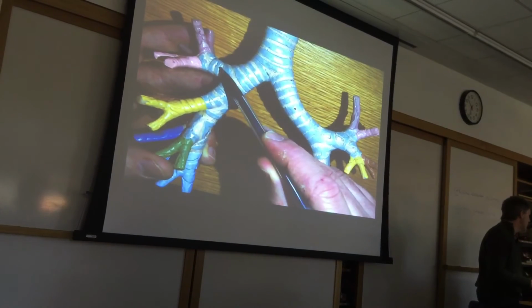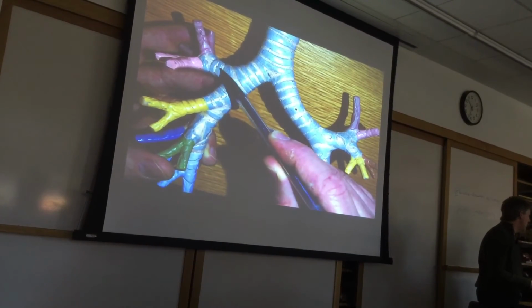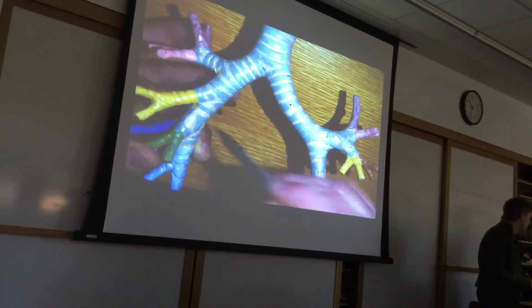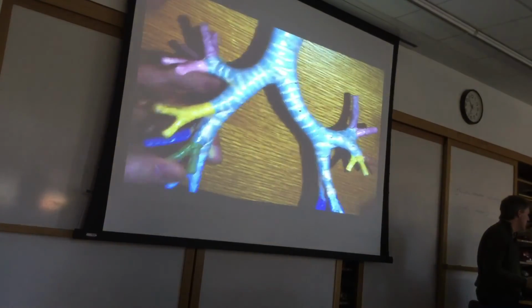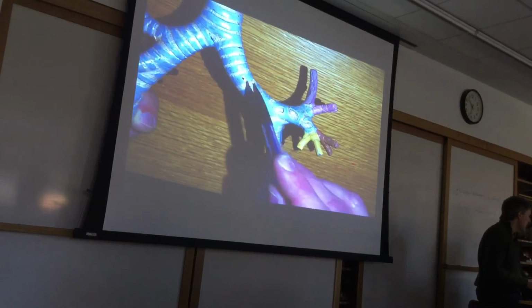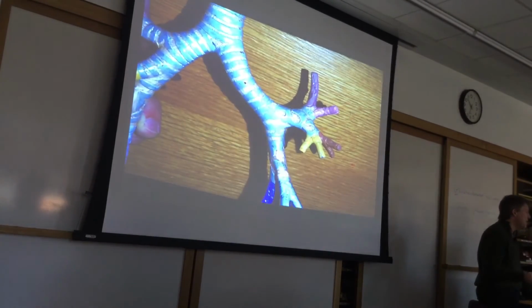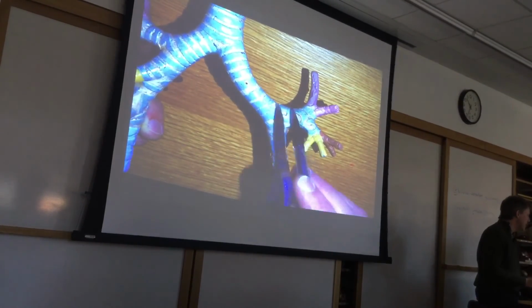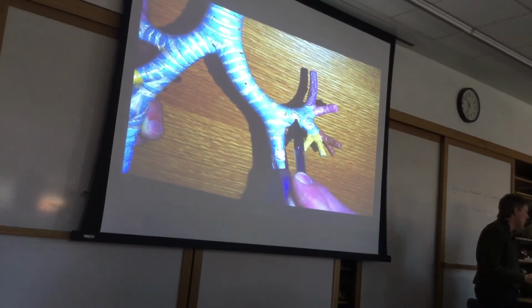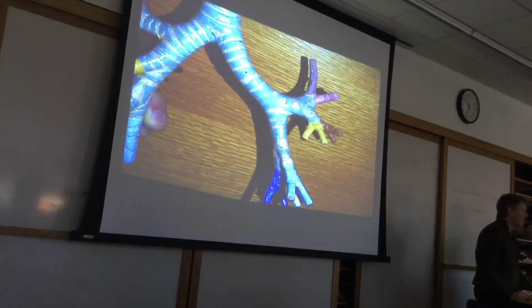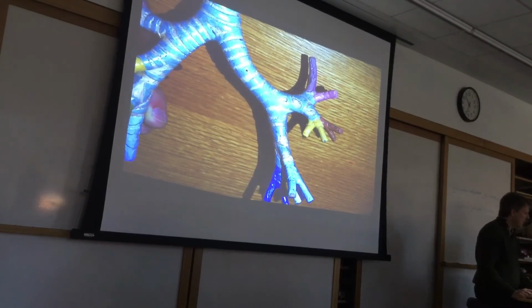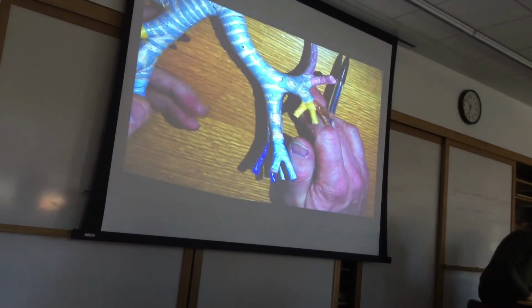So this is a right secondary bronchi, that's another one, and that's another one. And then these colored things are the segmental bronchi. Over on the left side, here's your primary bronchi. You only have 2 lobes on the left side. So this is the secondary bronchi, that's the secondary bronchi, and then once again, the colored ones are the tertiary bronchi. All right, lung